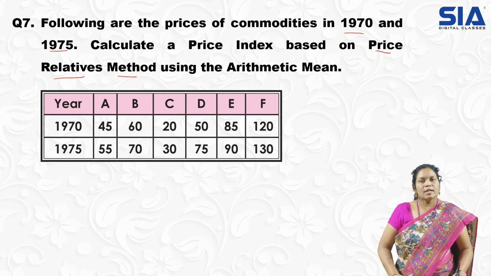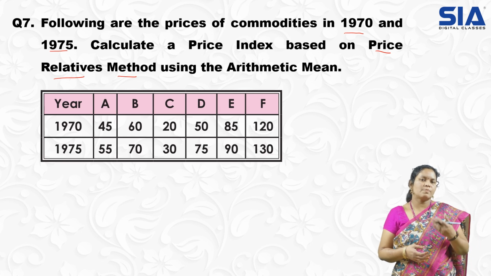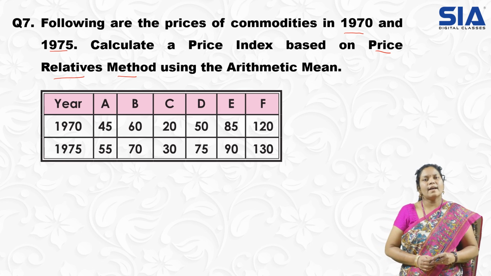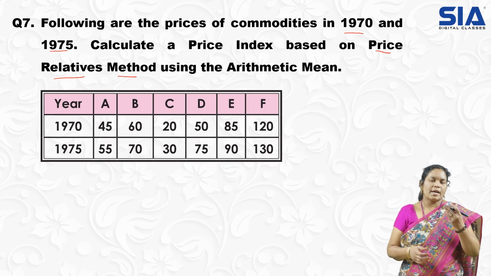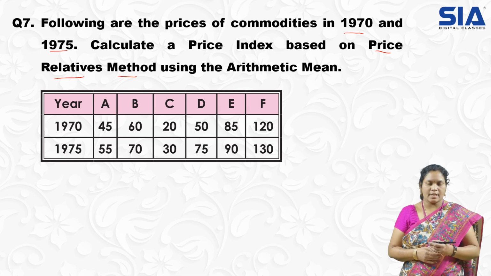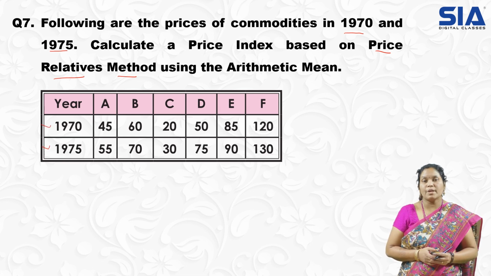Now why are we calling it unweighted index numbers, let me explain. In the methods we have done in past years, Fisher's we have done, right? In those methods, prices and quantities both will be there. Further in the next section, I'll be explaining how price and quantity simultaneously go on. They both will be there. Here only prices are there. Check it out, here we have 1970 prices and 1975 prices.